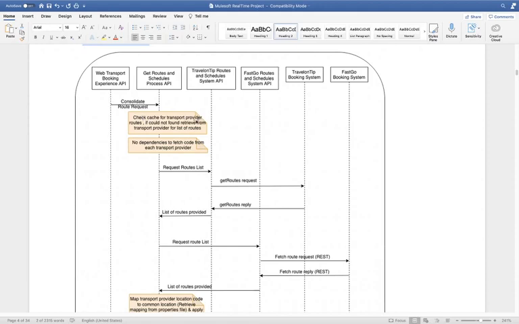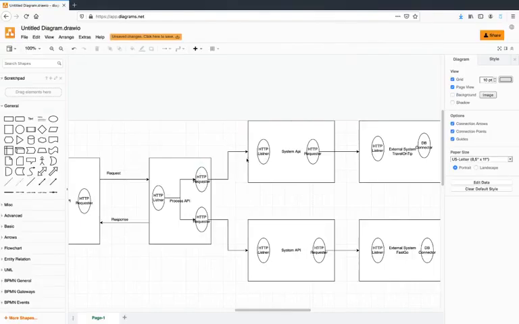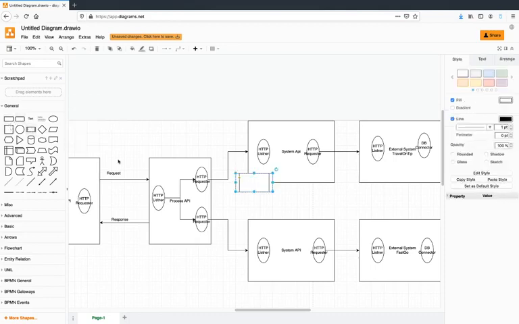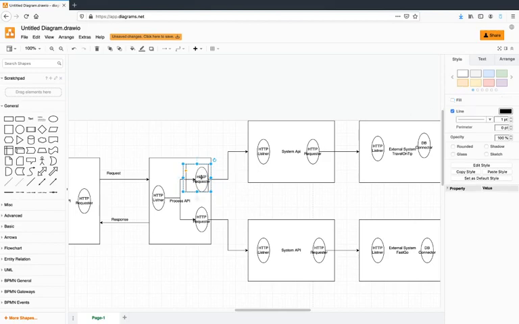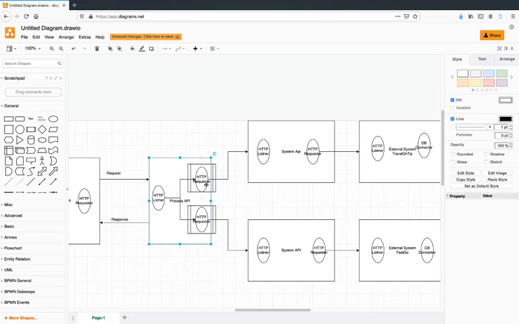Now, check cache for transport provider. What they are saying is, don't call this system API directly. First check: for whatever request we are getting, do we have data in cache? If we have data in cache, then use cache data. Don't call this external system. So what we will do here, we will implement cache here also and here also. Whenever this API gets a request, first it will check in this cache,